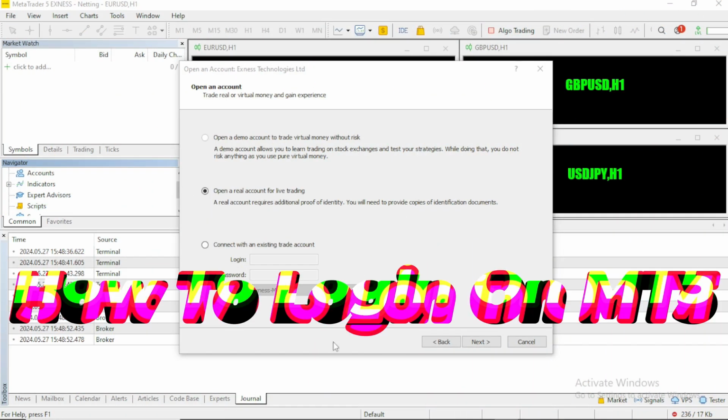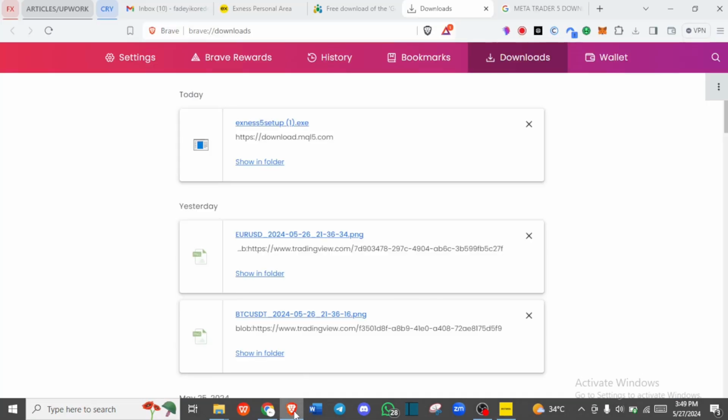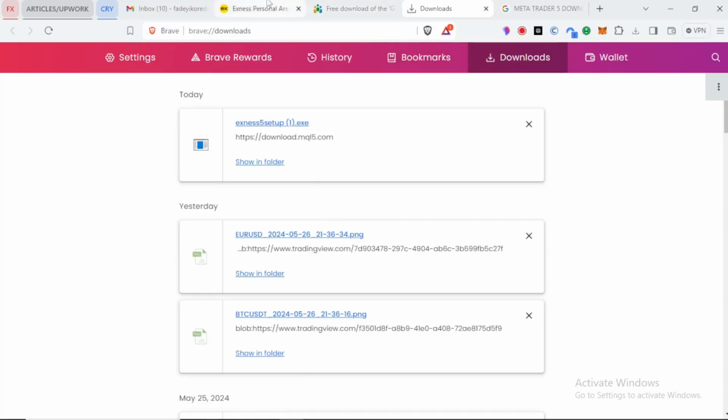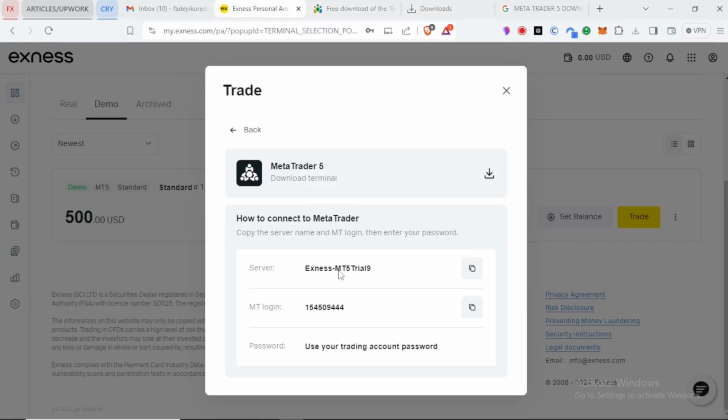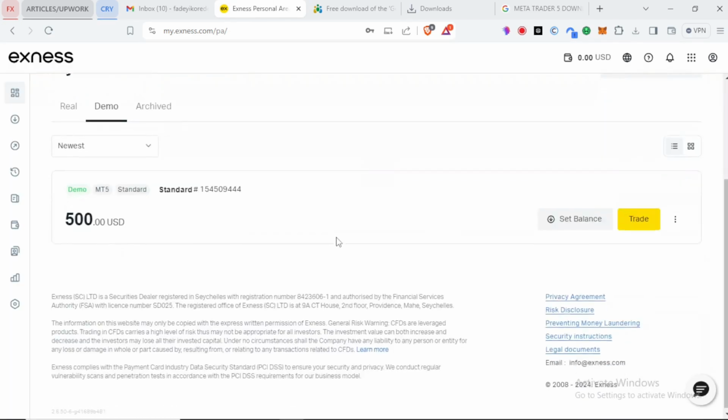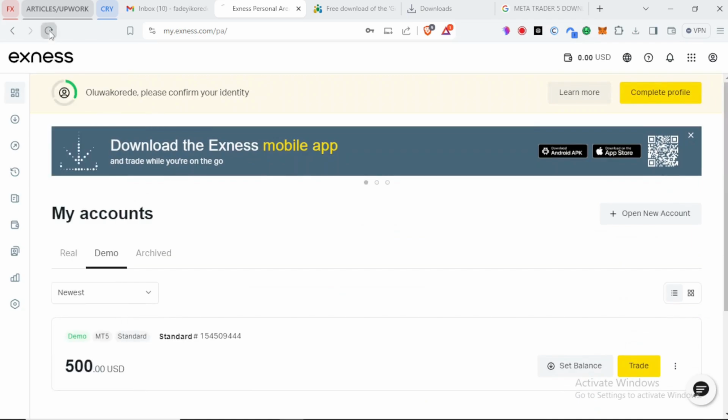How to log in on MetaTrader 5. Now you need to proceed back to your broker webpage because that is where you get your login details from for the account I opened earlier. You can see it says server and login, okay? In case you can't see this on your device, you can just always come here, refresh your page, and once it's refreshed,